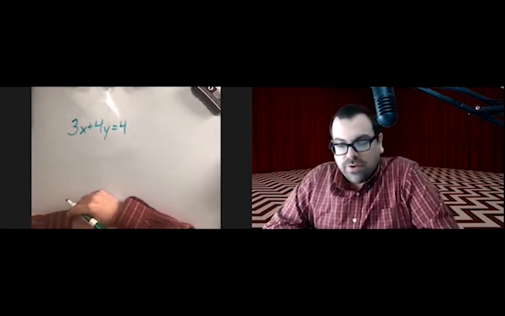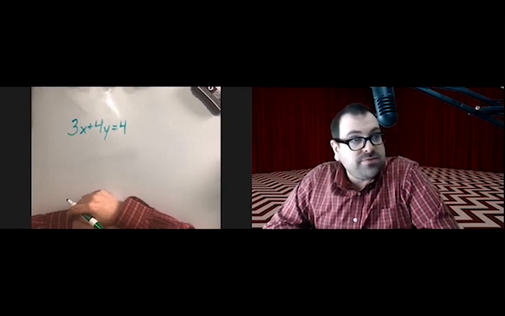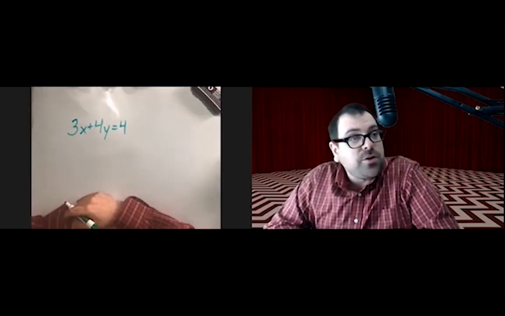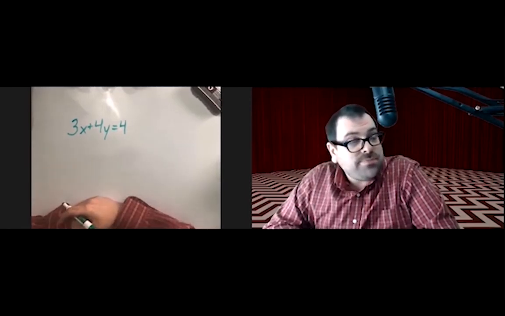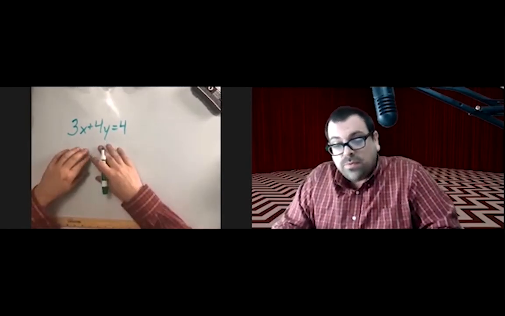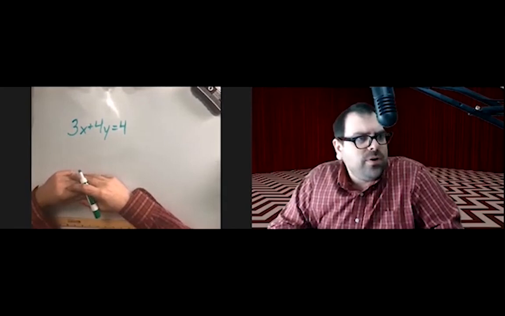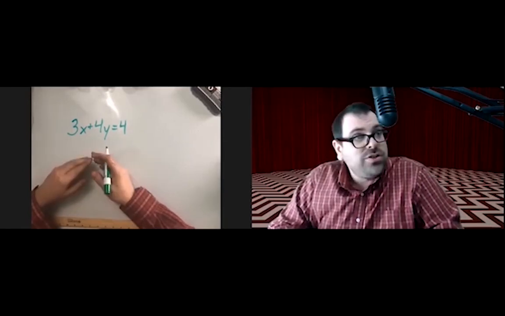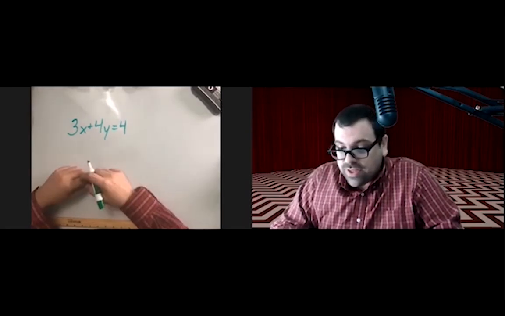Okay, here we have 3x plus 4y equals 4. I'm going to go ahead and put this in slope-intercept form. Then I'm going to determine the slope and the y-intercept, and then I'm going to graph it. This would not be a good candidate for intercept form if you wanted to plot whole number intercepts, but you could do it. And just to show you that real quick,